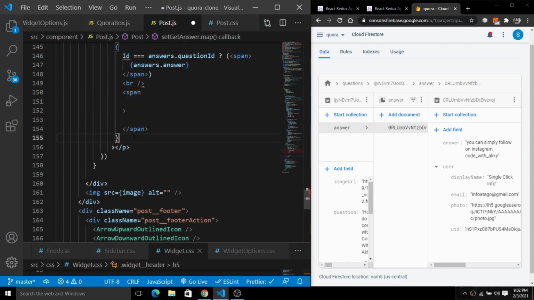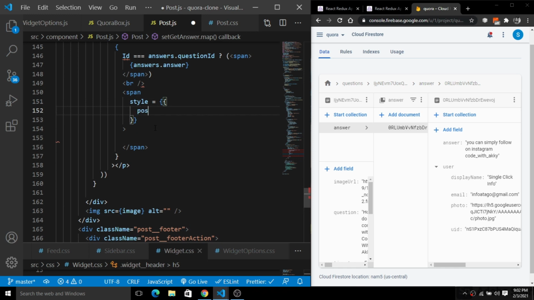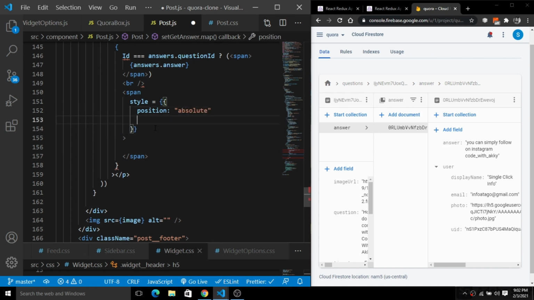Okay, it is rendering here. After that span, we will add another span, and simply add a styling for the span. We'll use the JSX way of styling. So style, we will use a position of relative here. Okay, so we have this position of absolute for that field, so we will give a position of absolute. And now we will use our color. So simply give a color of gray.